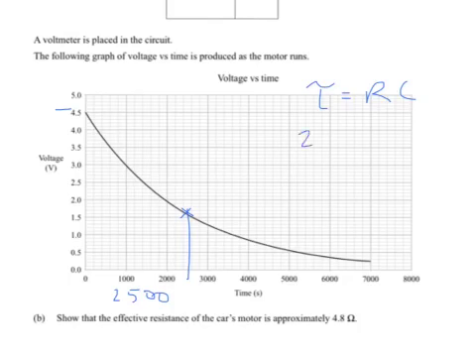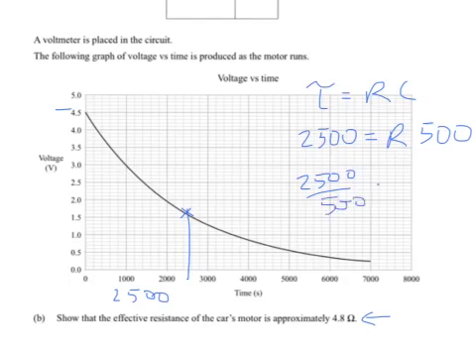So we know 2,500 seconds equals the resistance, R, which is unknown, which is what we're trying to find out, the effective resistance there, times the capacitance, which is 500. That's really nice. That gives us an easy calculation. So 2,500 divided by 500 equals R, which means R is about 500 ohms. Is that right? What have I missed here? No, it's not. It's about 5 ohms, because the zeros, 2 zeros will cancel. 25 over 5 is about 5. Okay, so about 5